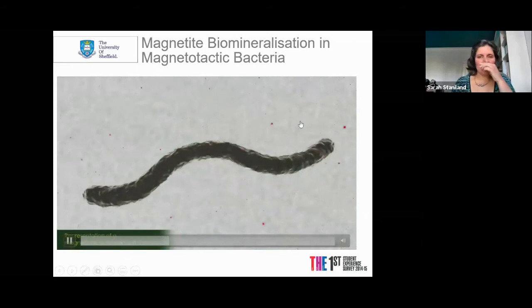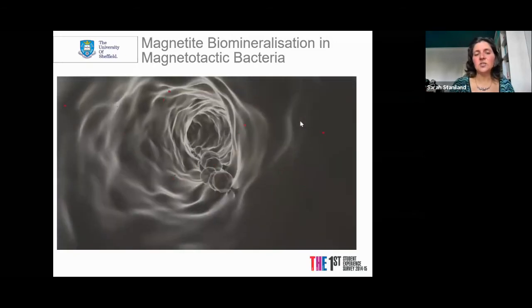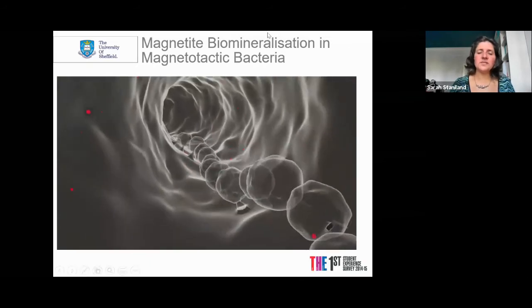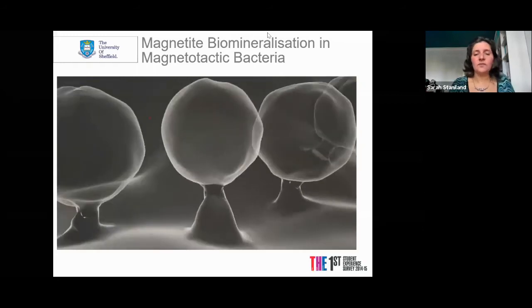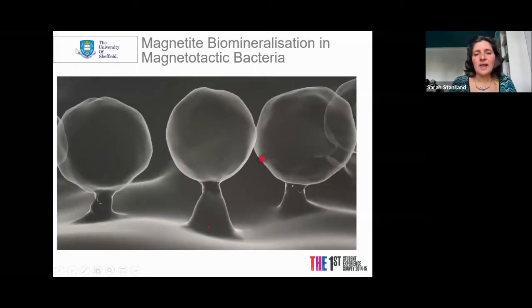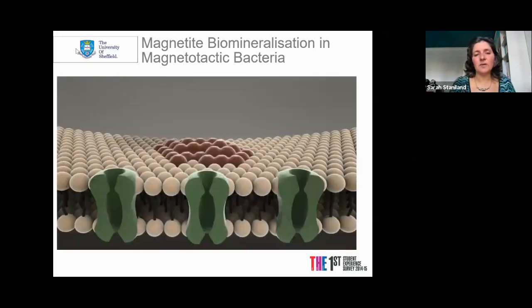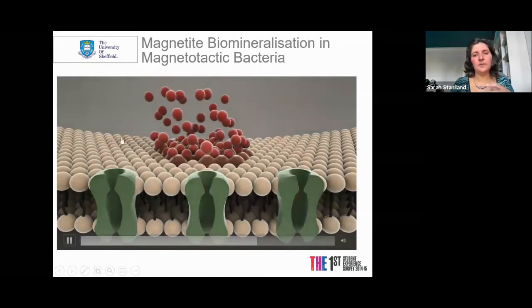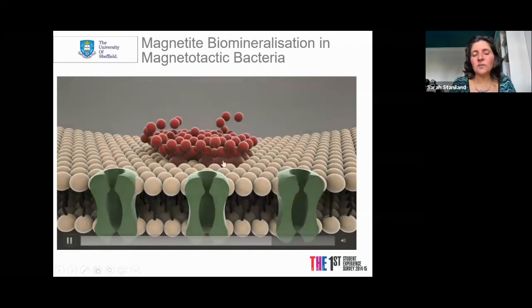This is a graphic to try to understand a little more about how they do that. The red dots are ions in solution in the environment, and the bacteria take these up. They invaginate a membrane from the cytoplasmic, inner membrane, and that invagination process recruits lots of biomineralization proteins into the membrane, shown here in green. These are the proteins that will import the ion,